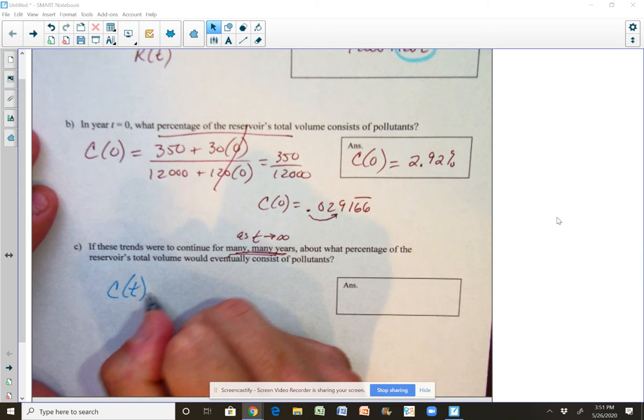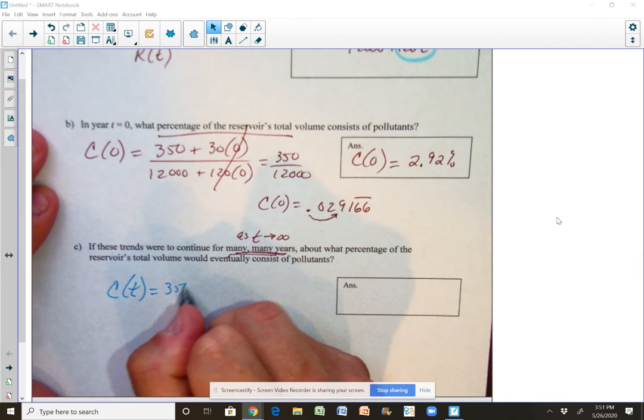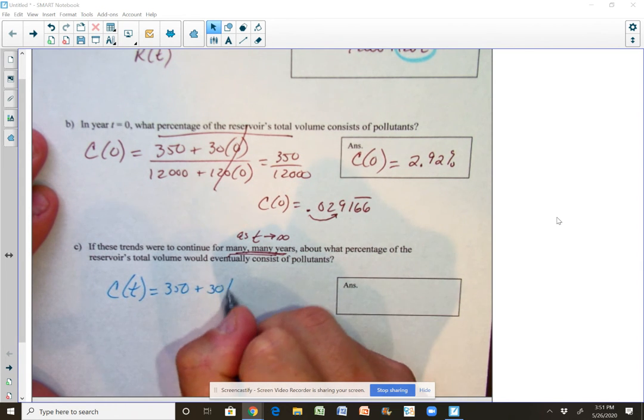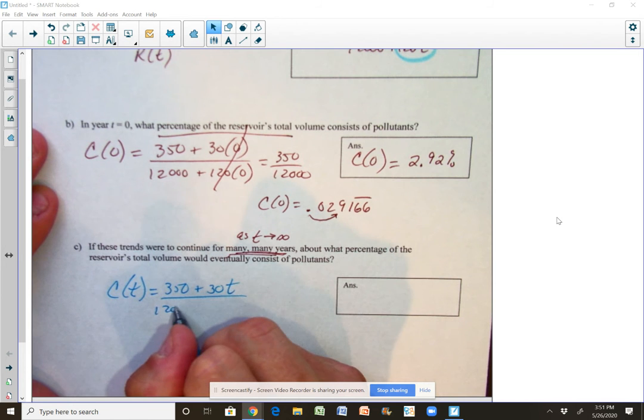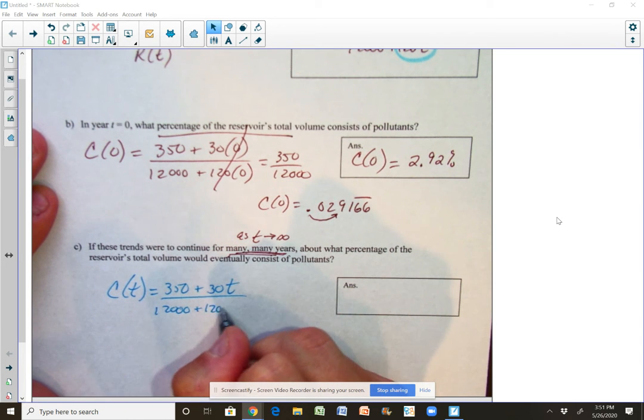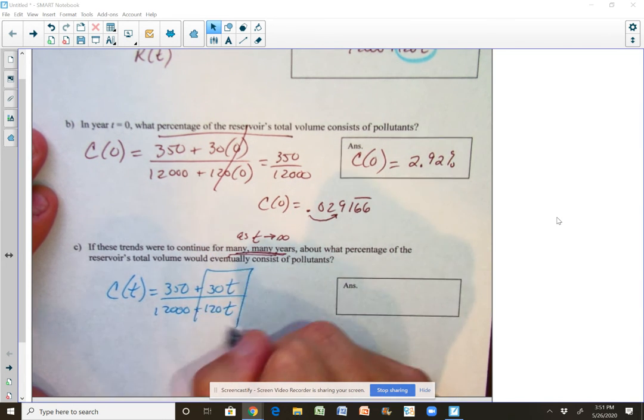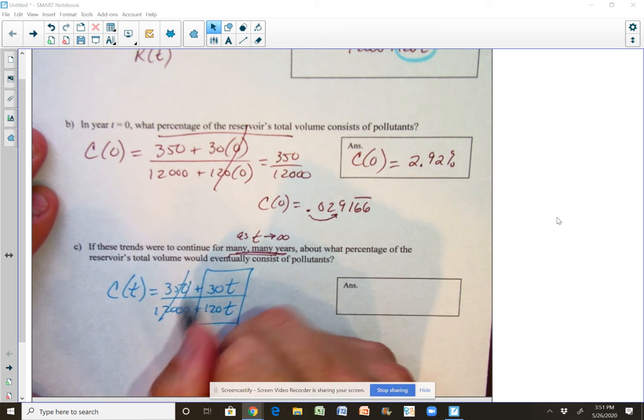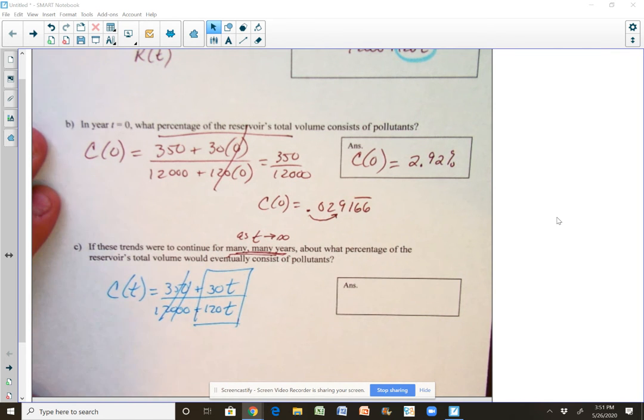C of t is equal to 350 plus 30t over 12,000 plus 120t. The leading terms are the only parts that matter. These just drop out. They're insignificant. So as t approaches infinity, then C of t will approach